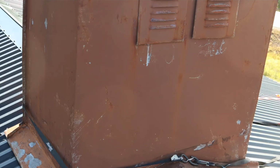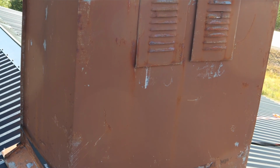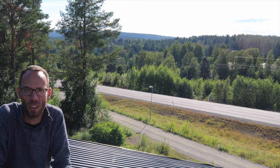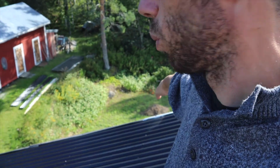The only job left to do is to paint the chimney, because that's still a little bit average at the minute with the paint flaking off. They painted it brown at the time to match the tiled roof that used to be on here. The only other thing besides the chimney are some of the edge pieces, which the paint's flaking off, but they're aluminium, so I'm not too bothered with them. We're going to buy them and replace them as soon as they're back in stock at the local hardware stores,